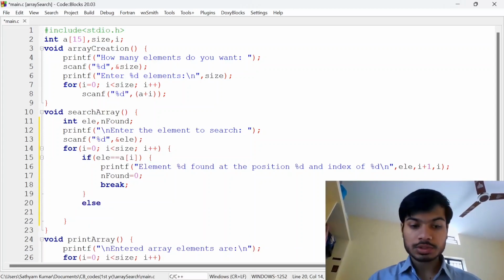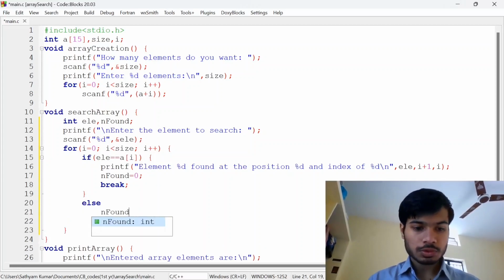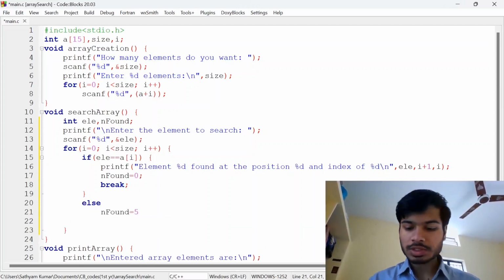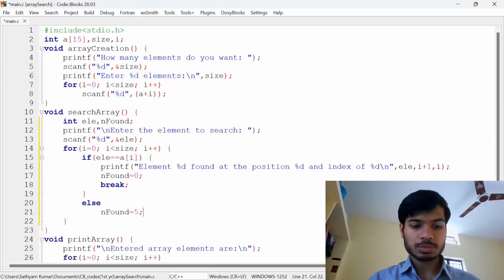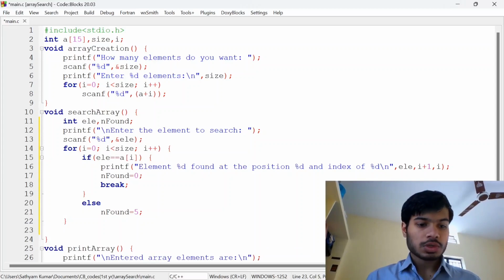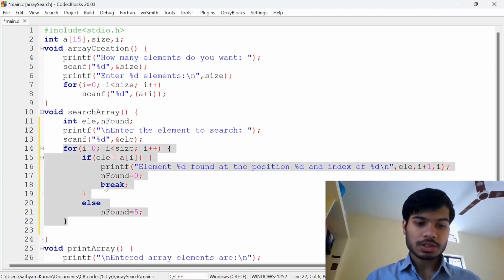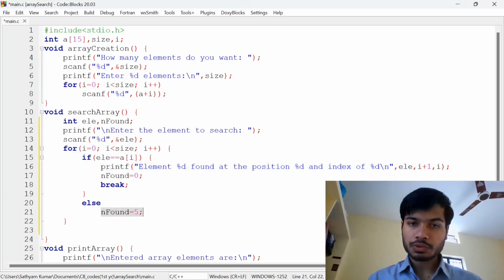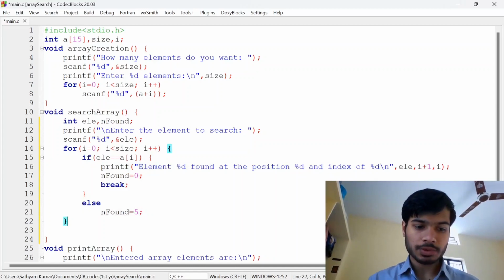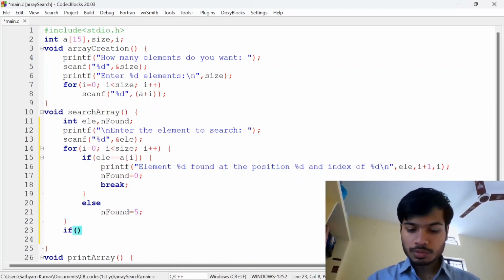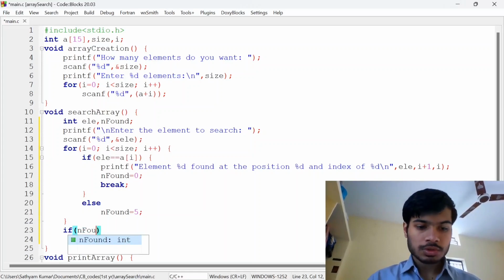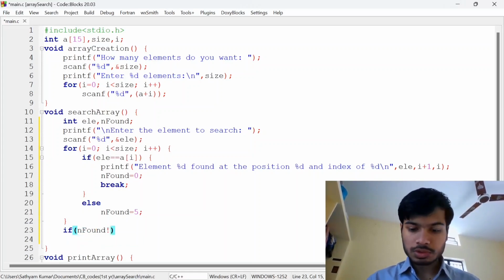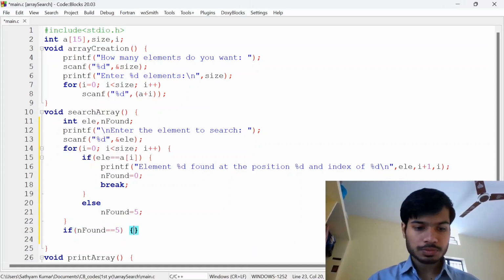Then if this element isn't found, we will assign any value except 0 to n found. If this element is found, then it will print it, and if it is not found, then the value 5 will be assigned to the variable n found. So now if n found is not equal to 0, or you can also say if n found is equal to 5,